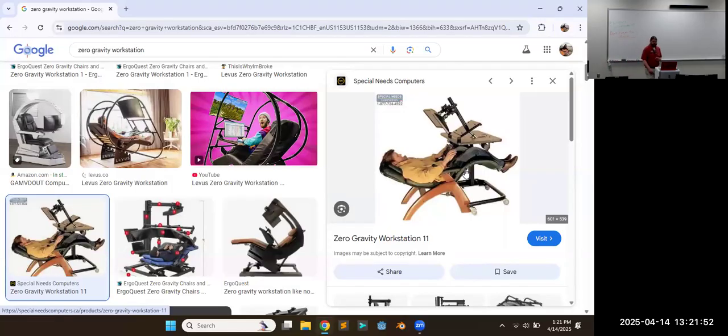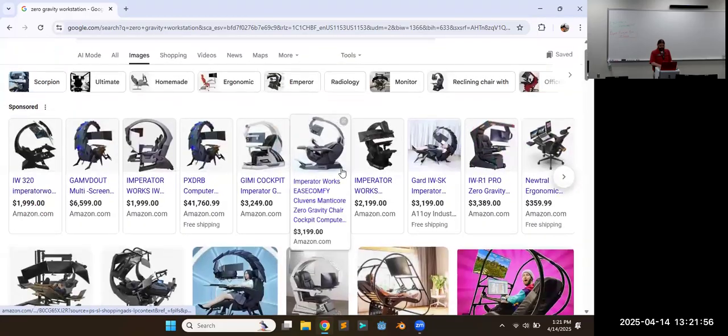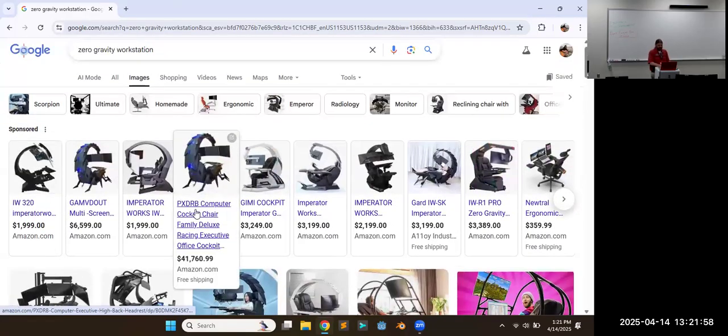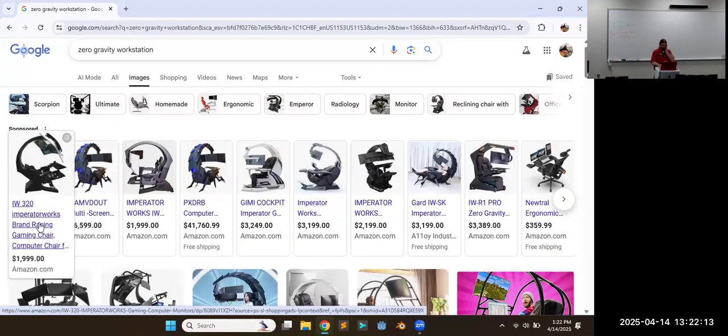So zero gravity stuff, some of them get quite expensive. I know at the top they had a bunch of the scorpion ones. Those fold up, so you sit down in the chair and then you hit a button and all that stuff comes out from behind you. It looks really cool. A lot of money here, right? But